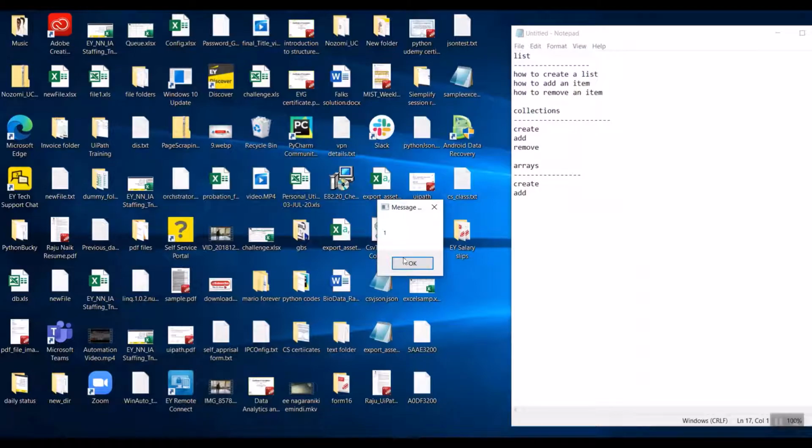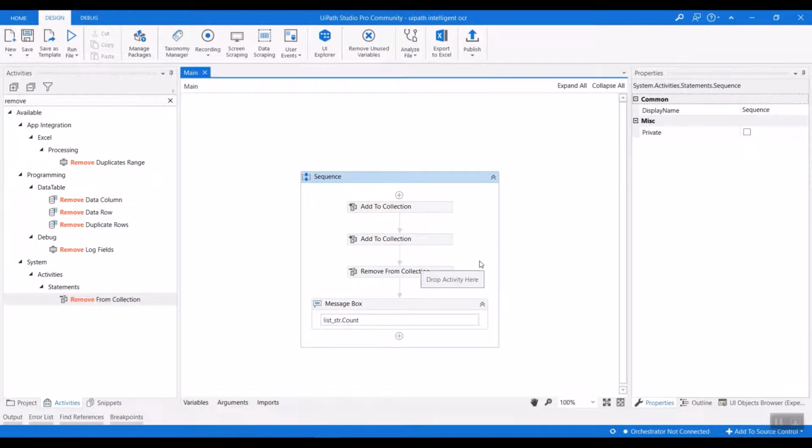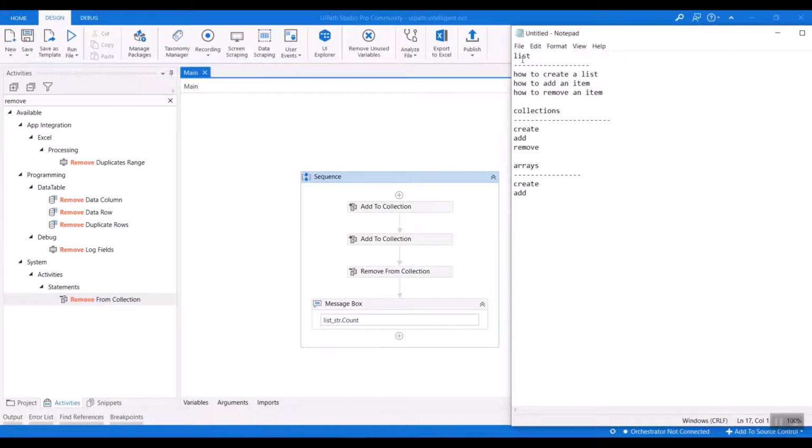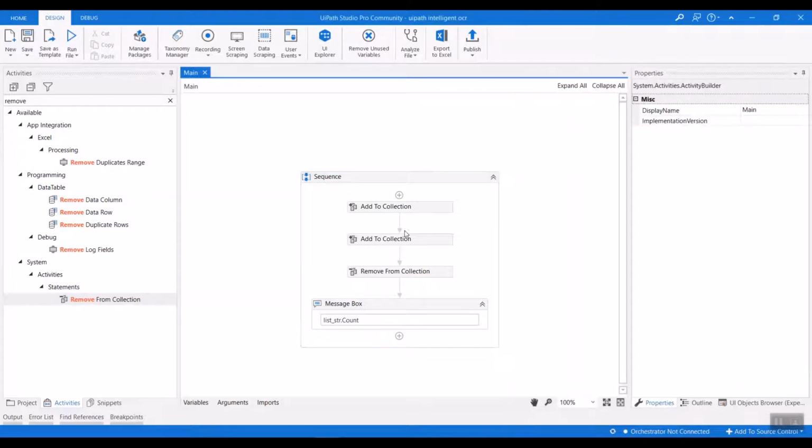The count is 1, which means the second item has already been removed. So we have created a list, added an item, and even removed an item. That we saw for list, and for collection it is the same.